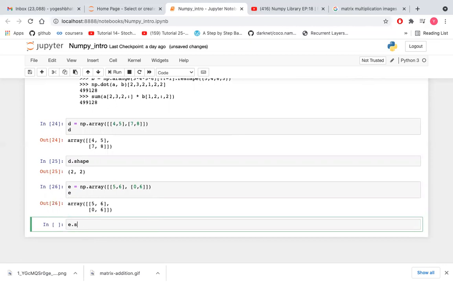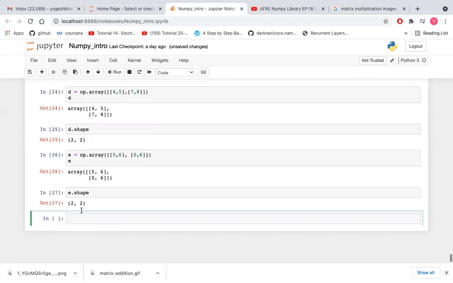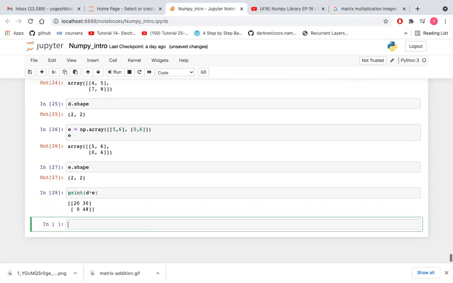Now check the shape. It is also 2 cross 2. So now multiply both, D asterisk E.